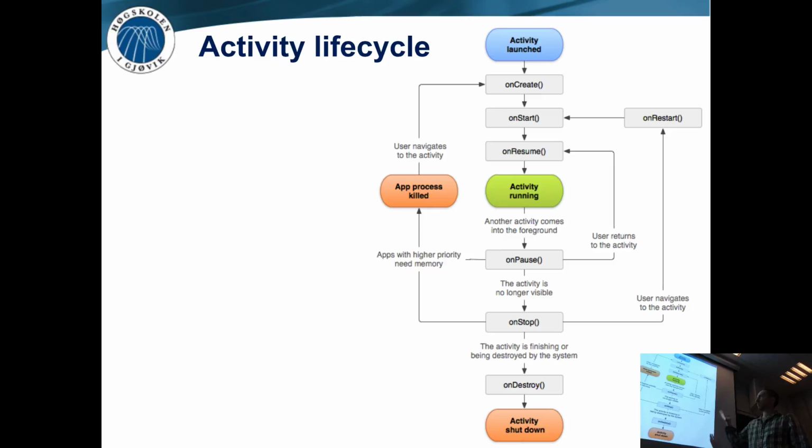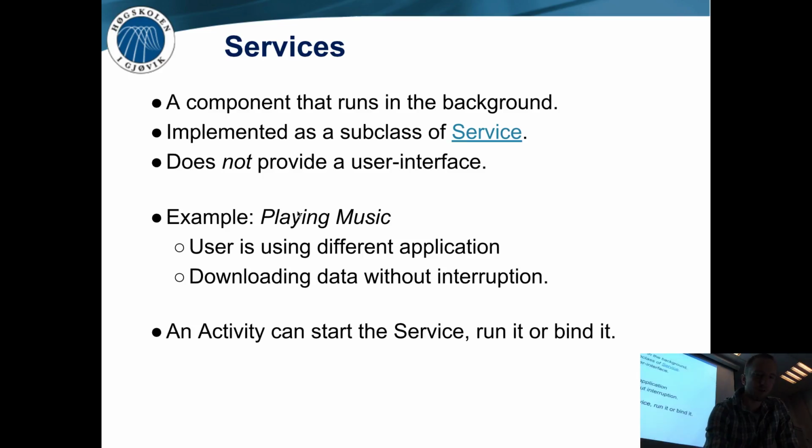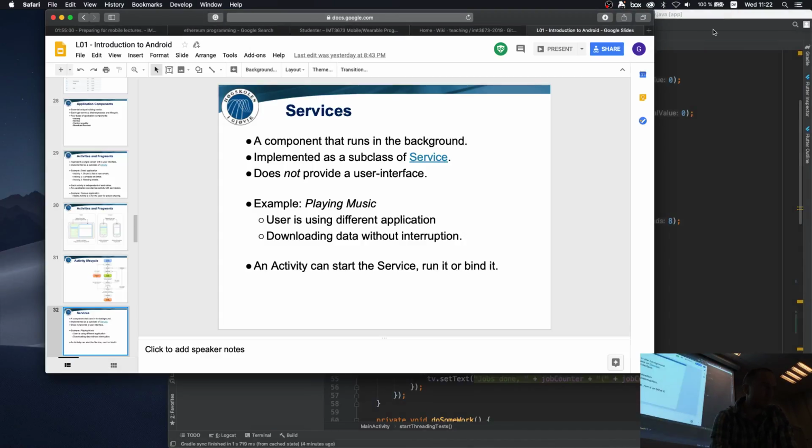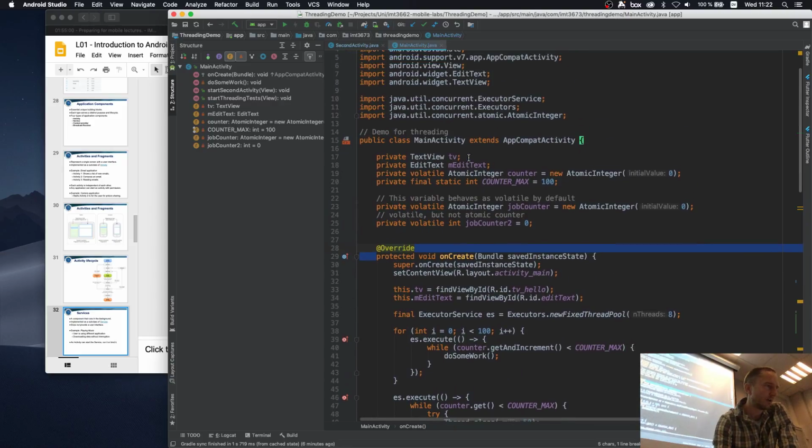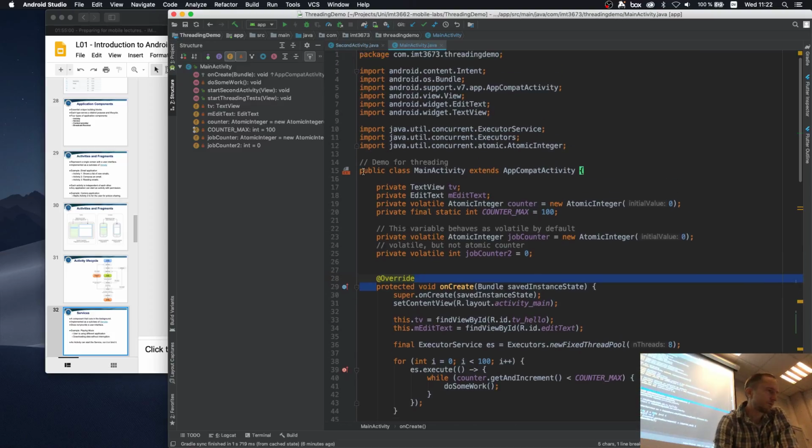So just before we move to services, I want to give you a little bit of a feel of what it means. This chart is a nice visual, but what does it practically mean? Well, it practically means, as we were discussing, that you have to implement those methods, right? So here I have, yeah, I'm extending an activity, but as I said,